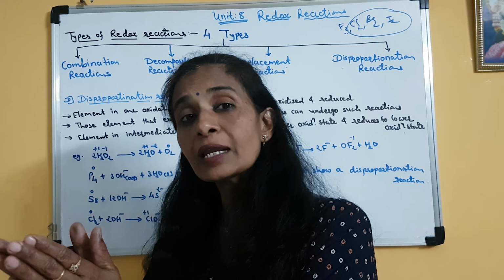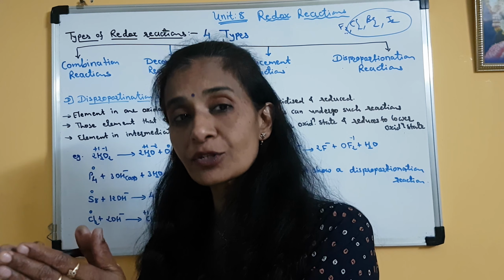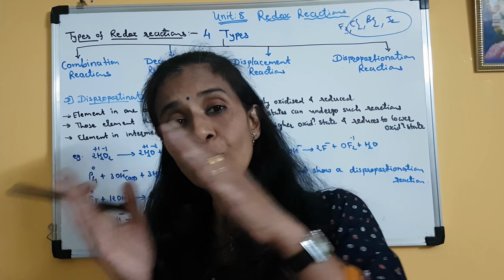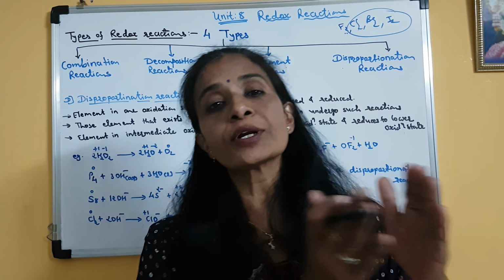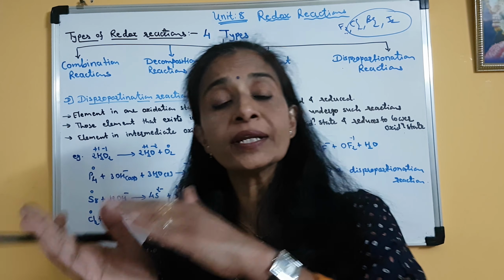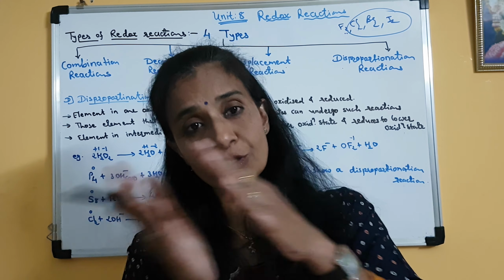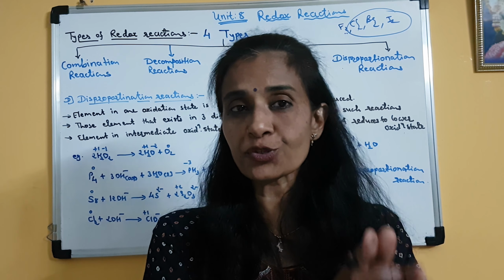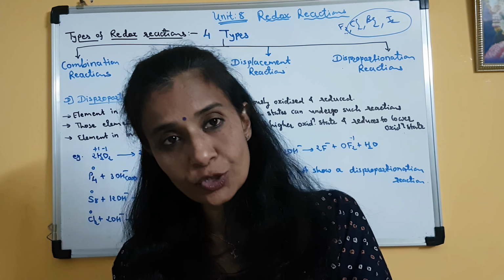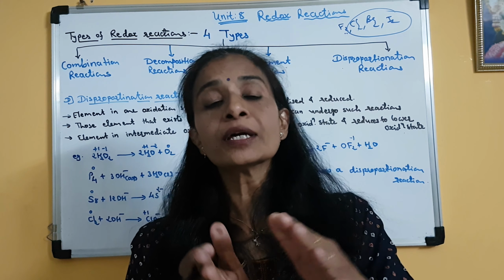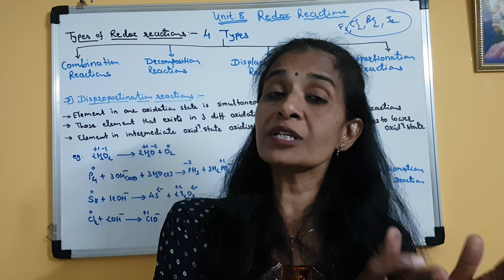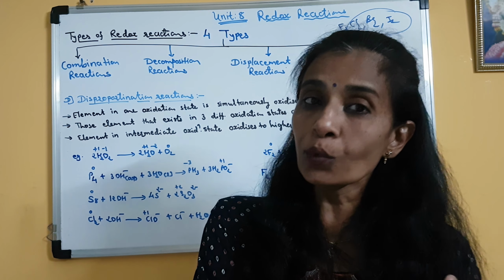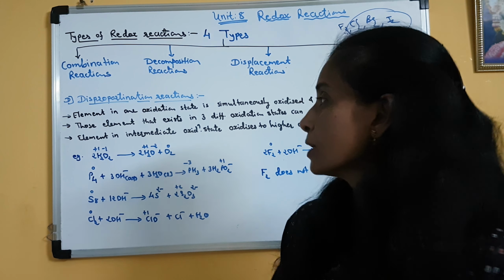So it is the element which is in the intermediate oxidation state. It undergoes oxidation and it also undergoes reduction. So when it undergoes oxidation, then its oxidation state will increase. Means it will be converted into the higher oxidation state. And when it undergoes reduction, then it will be reduced to lower oxidation state. Means it will be converted to the lower oxidation state. Clear? For example,